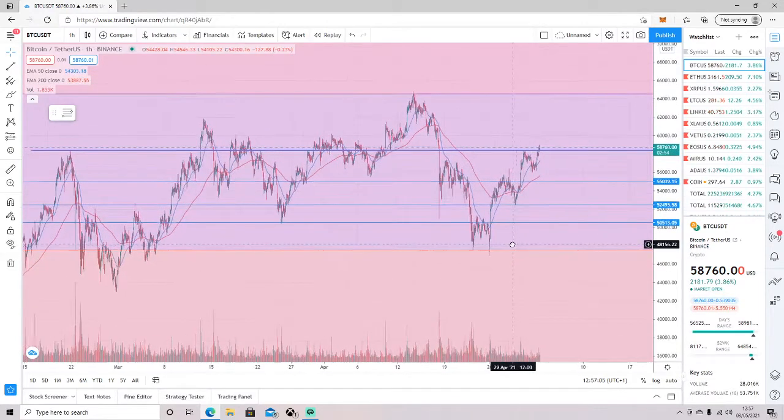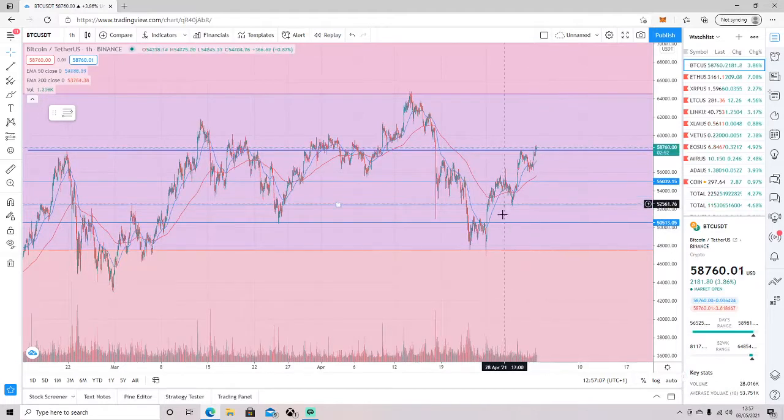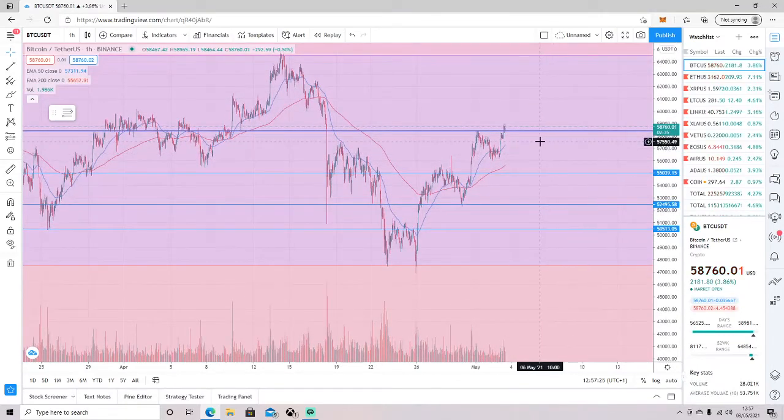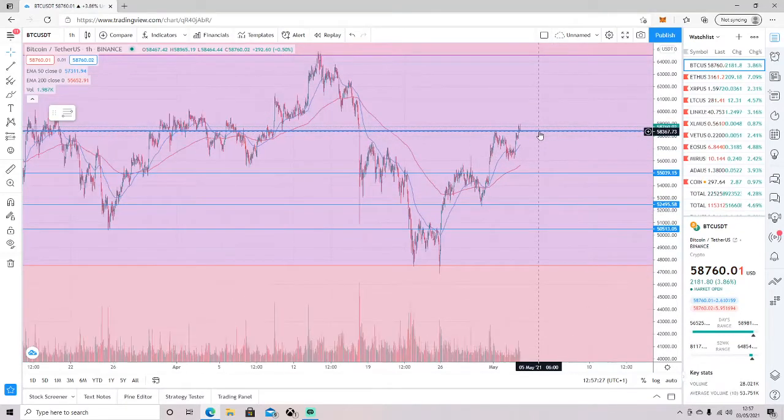As you can see, we have had a proper return towards bullish sentiment now, with a double bottom forming on the Fibonacci level here at $48,000. And we've had a few leg ups to the resistance zones that I drew out. They've acted pretty well as support and resistance, as you can see. We've bounced off the 50-day moving average and now above that 58,500 level, which I said was a very key